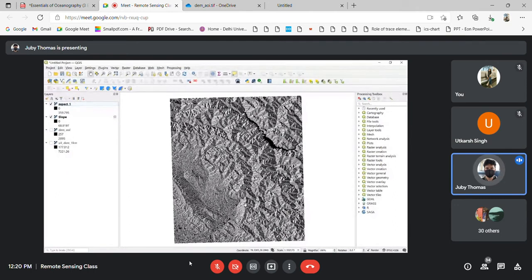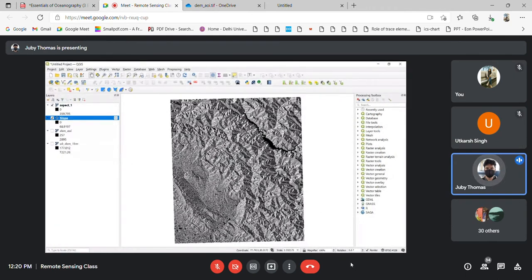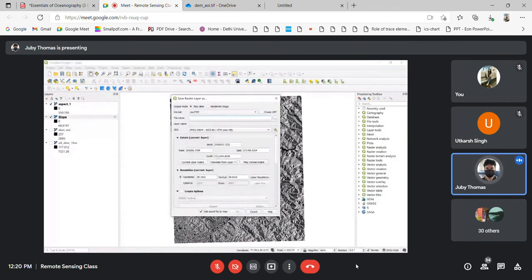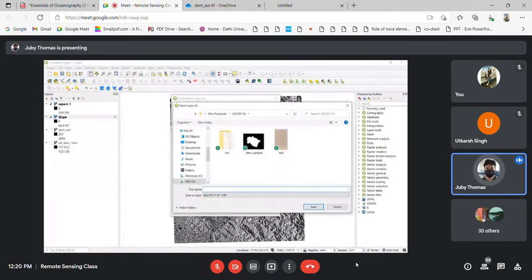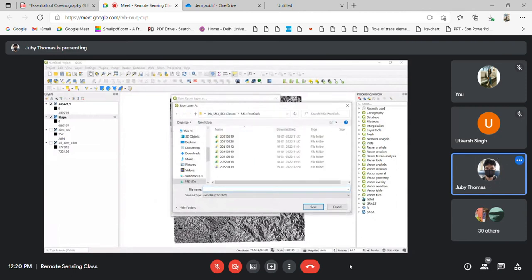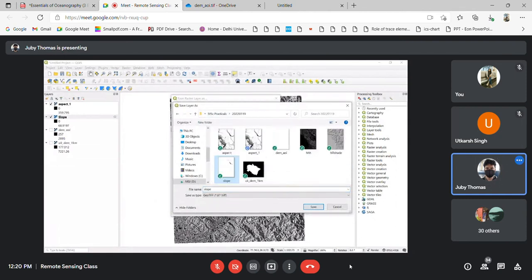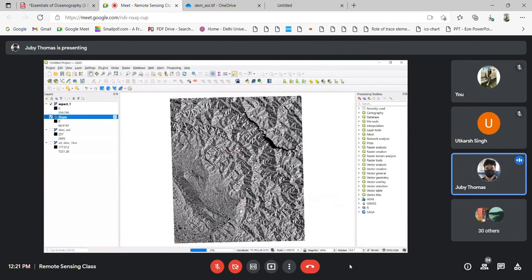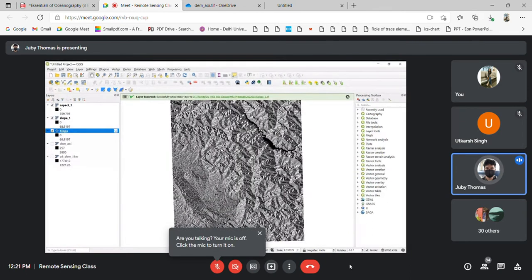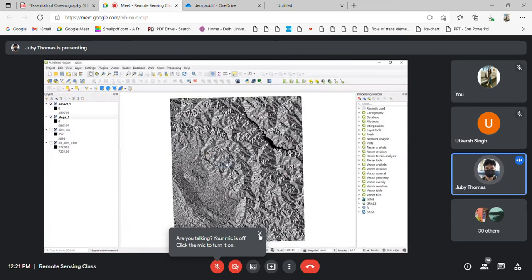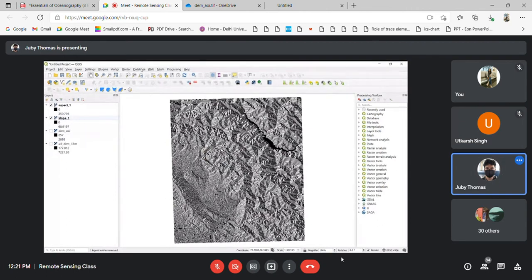So these 2 files you have, I believe you have got 2 files, and you are supposed to save it also. And the slope file I'm again saving as. If you haven't saved, go to export and save as. You can give a different file name, and I am giving slope 1. I'm just saving it, and the slope 1 will be loaded automatically, and I'm removing the older one. So I have aspect 1, I have slope 1, and the next one you are supposed to go